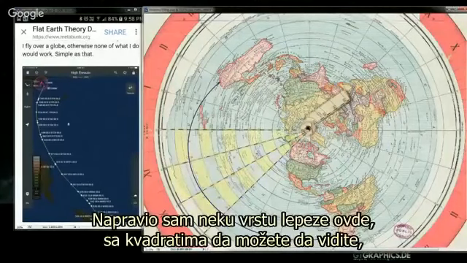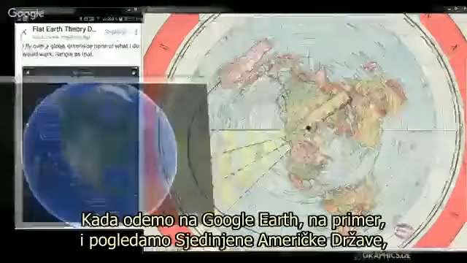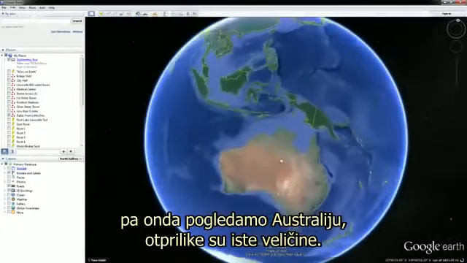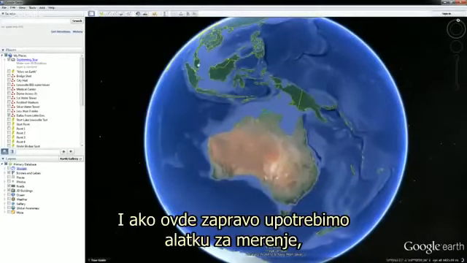So I went ahead and created sort of a fan right here and staggering the squares so it's not confusing, so you can see. Okay, and the reason I did this was because I wanted to get an idea of distance. When you go on Google Earth, for instance, and you look at the United States of America and you look at Australia, they're pretty close to the same size. And in fact, if you use the measuring tool here,